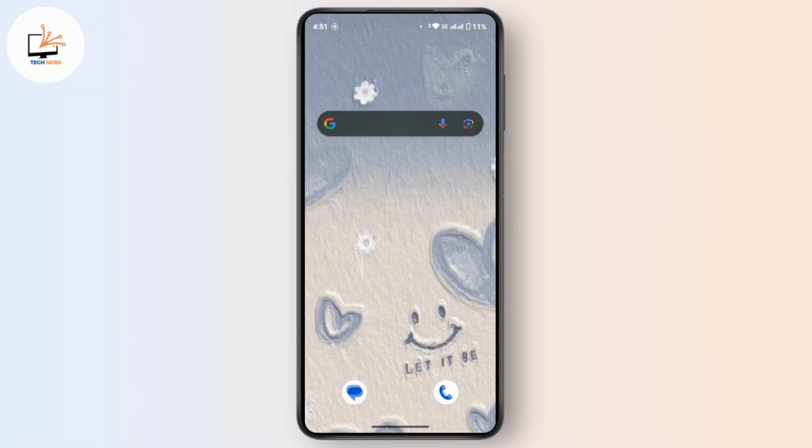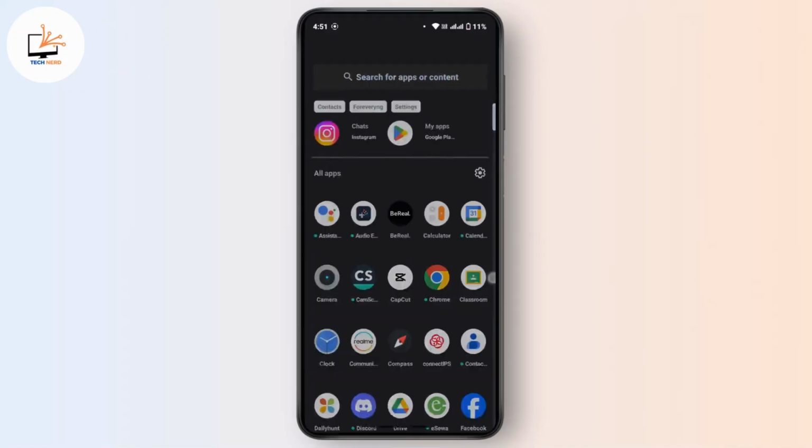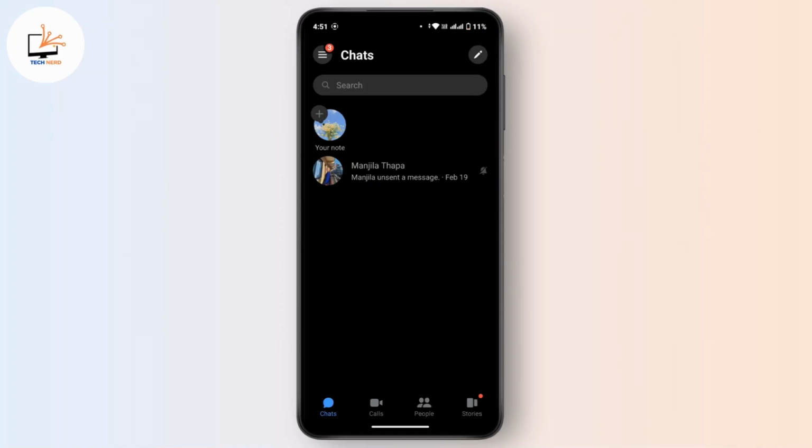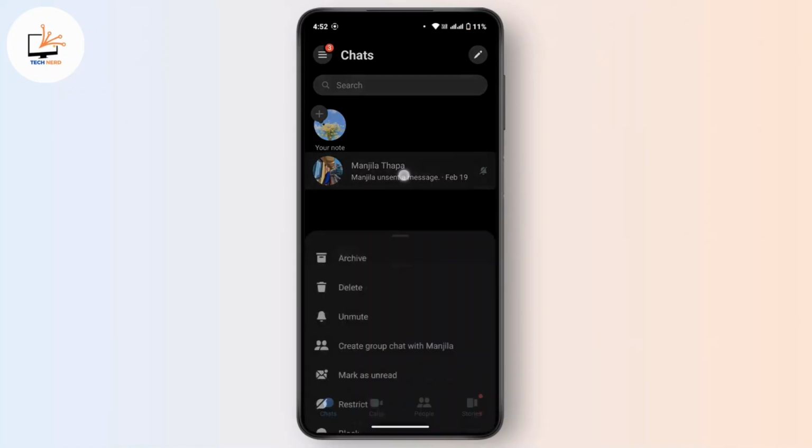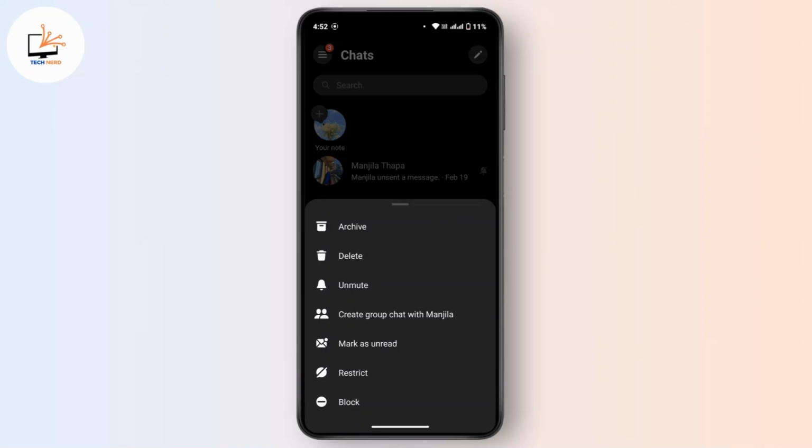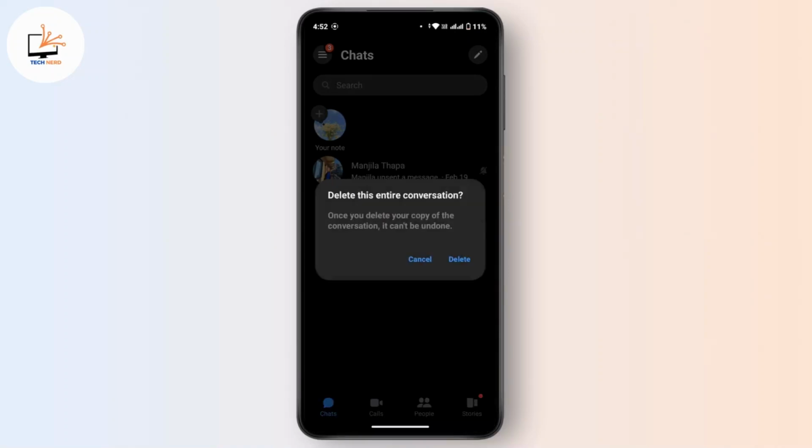First of all, on your mobile device, launch the Messenger application, and after that, make sure that you log into your account. Now, select the account that you would like to delete the message from. Once you select that account, simply press and hold on that account name, and from this drop down menu, if you simply tap on delete and again confirm by tapping on delete, and once you delete your copy of conversation,